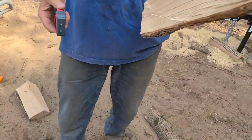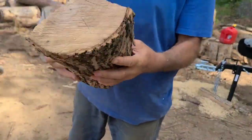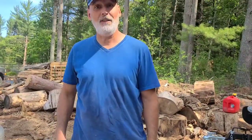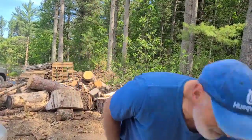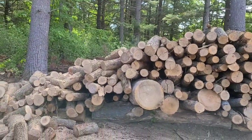So it's ready to burn. That's what's great about ash. And you know, there's cracks on the ends, and it's ready to go right away. That's why if you're first starting the firewood business, buy ash, because you can burn it fast. That's just my opinion. That's why I got it too, because I knew a lot of this wood is ready